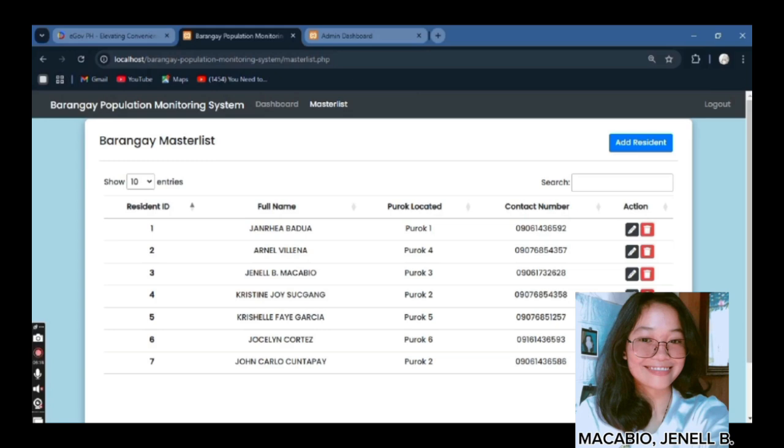The search and filtering features allow users to locate specific residents quickly by entering a key such as a name or ID. The system instantly narrows down the data, making it efficient to retrieve specific information.